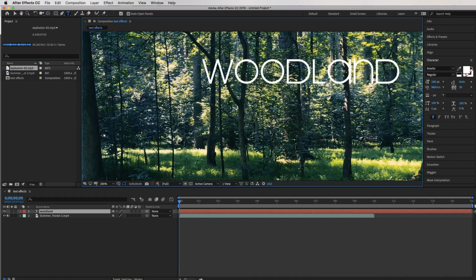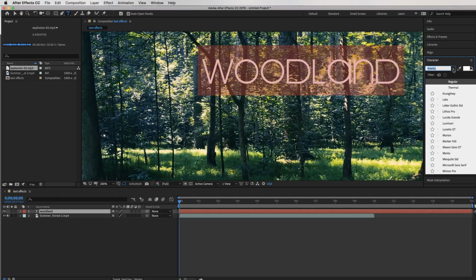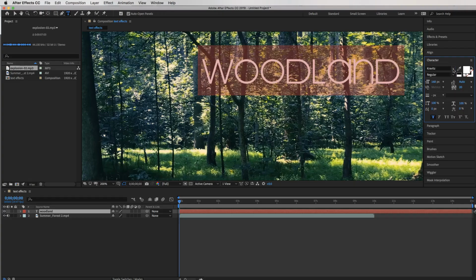Actually this is the font I want. If it's not, select it and then open up character, and you can select here and go through all the fonts that you want and choose what you want. Hopefully a lot of you have already downloaded some interesting fonts from DaFont, and you should have some interesting ones that you can use. What I want you to do is find a video from Pexels or Pixabay, which is copyright free, and I want you to find a video on a topic, and then I want you to actually type a word that fits that topic